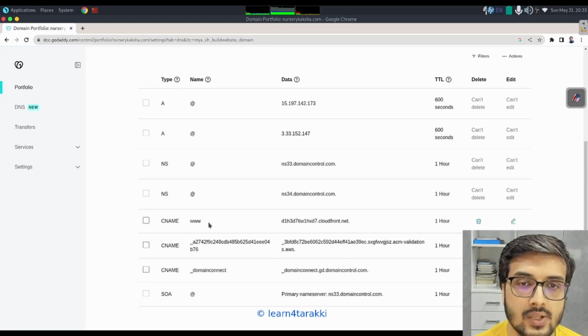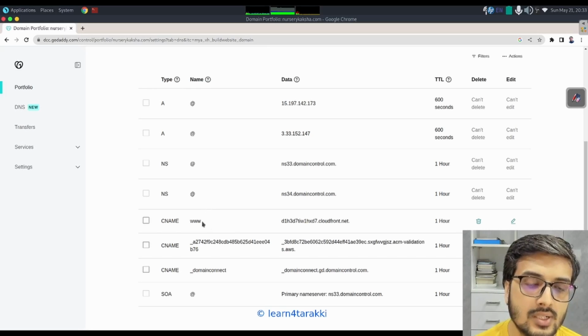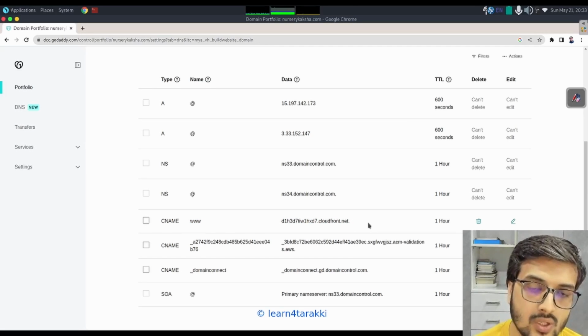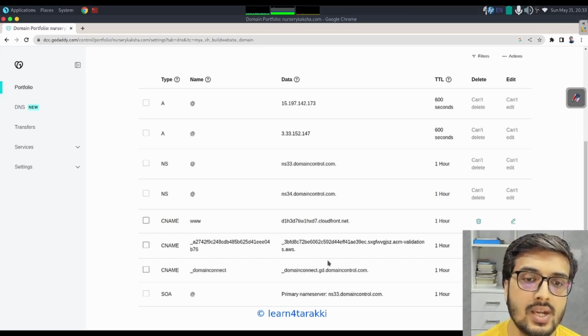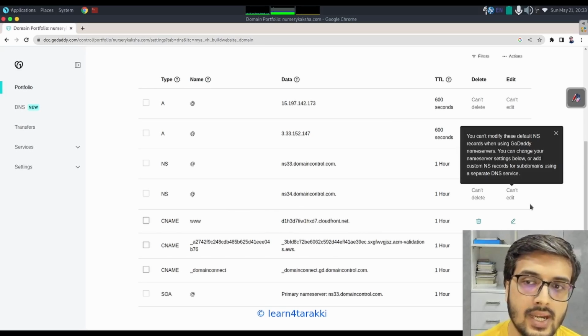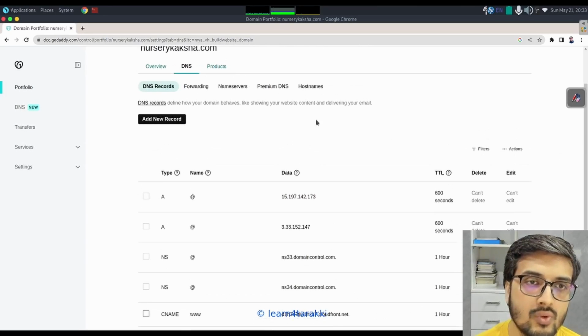The second entry that you need to do in the existing GoDaddy account: you might already have the www entry with your domain name, like I had www with nurserykaksha.com as an entry over there. You need to delete that entry and make a new entry, and against that you need to add the CloudFront URL, that CloudFront distribution URL. In your case, you will have your own CloudFront distribution URL. So these two entries are necessary, and then you also have to add a forwarding